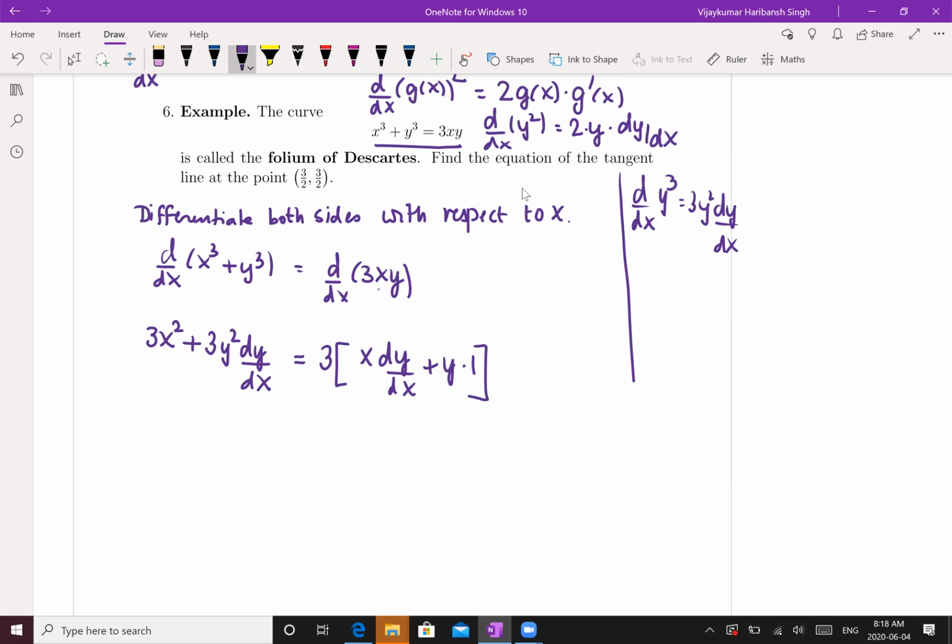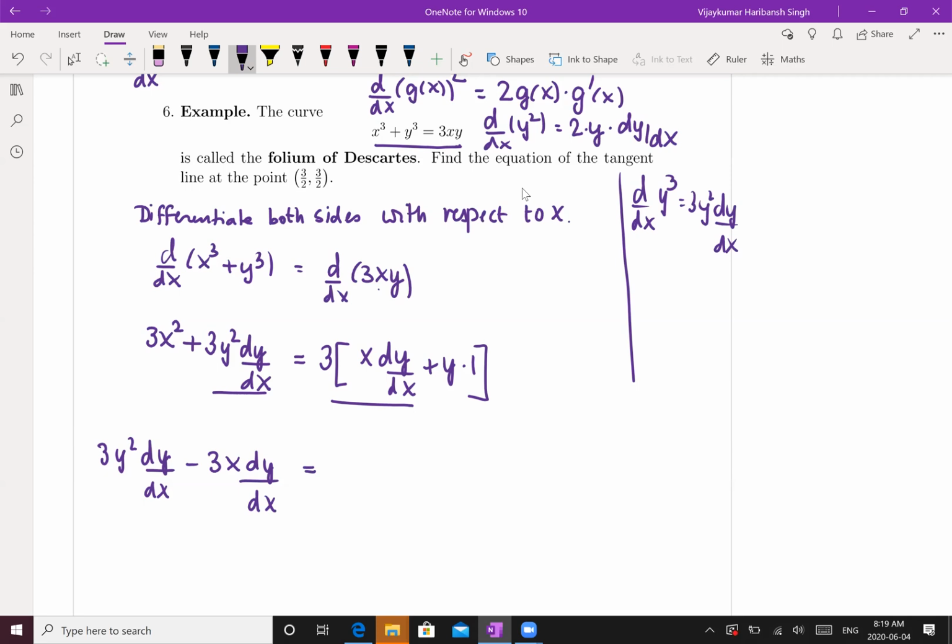Now the differentiation is done. We need to isolate dy by dx. So we'll separate dy by dx on one side. Let's look at the terms which have dy by dx and bring them on one side. So we have 3y square dy by dx. Now when this goes on the other side, this 3 is multiplied already with it. So 3x dy by dx